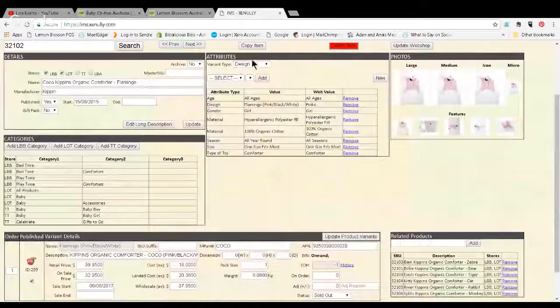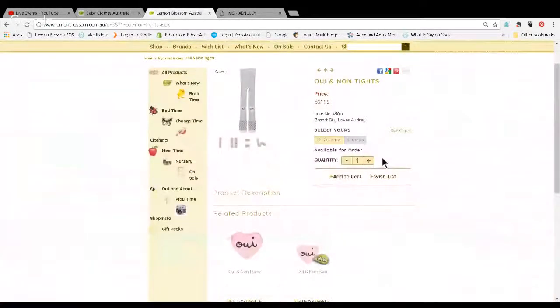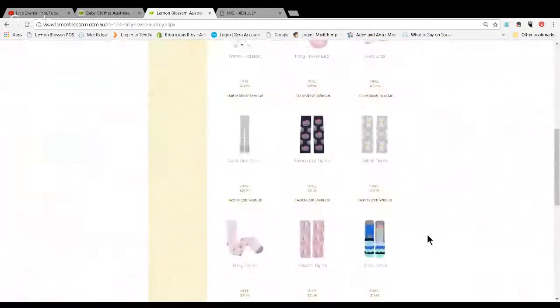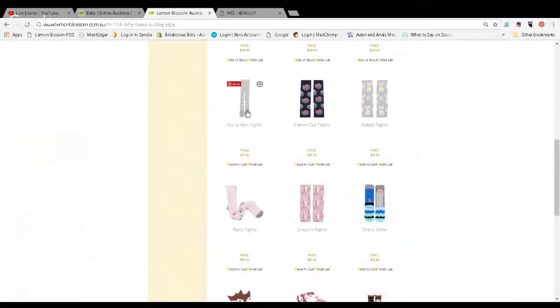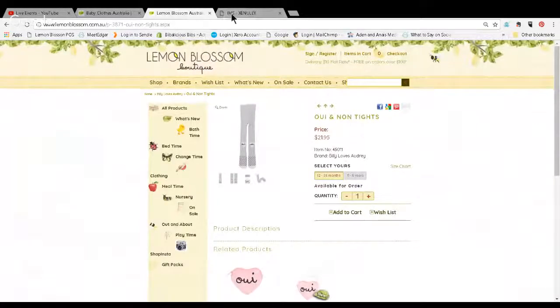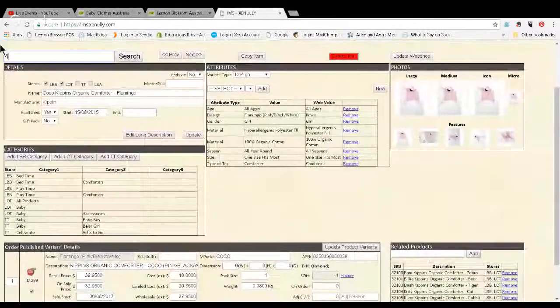The other aspect for attributes, and the most important part here, is the variant type. So for each product, we have to decide what's the variant going to be, and this impacts the product when it comes here for sale. So if I look at this item, 45011, these are some Billy Loves Audrey tights, and they come in 4 different sizes, but we don't have all the sizes left now, so we've unpublished a couple of the sizes. So if I go to this product, which is 45011,